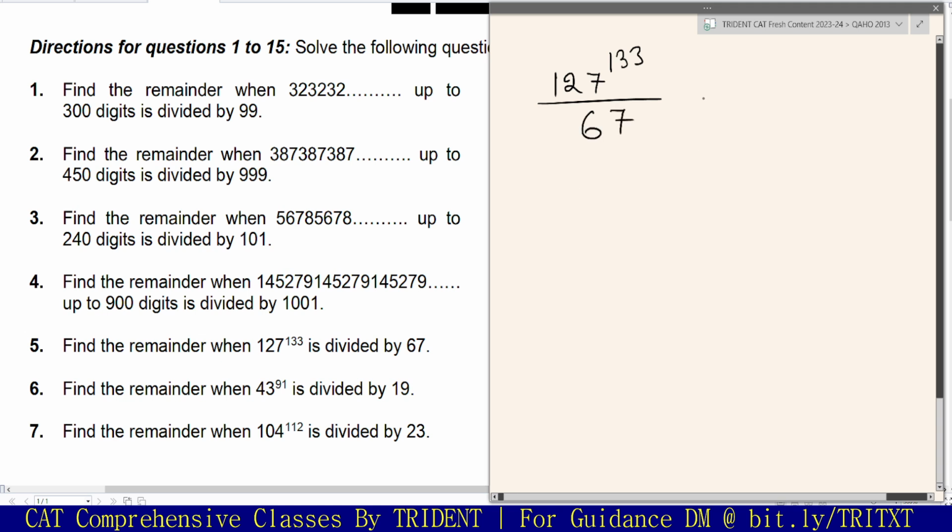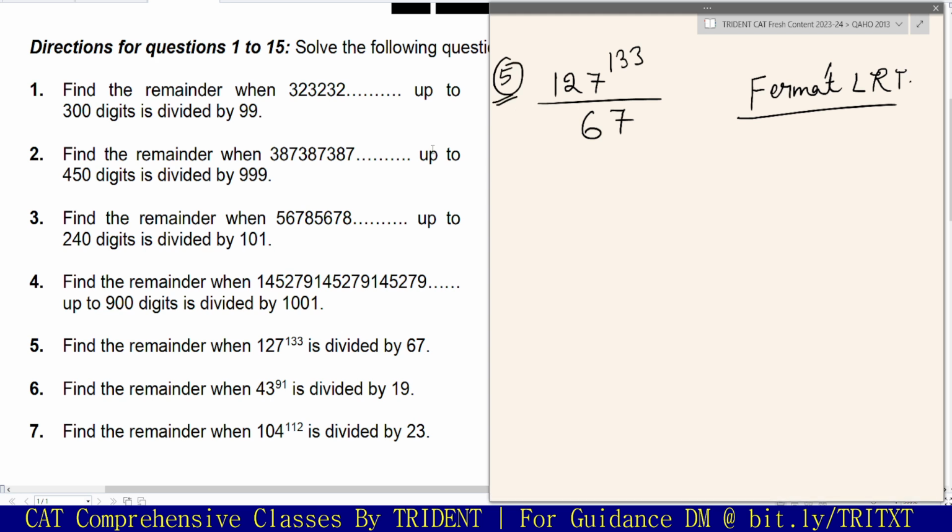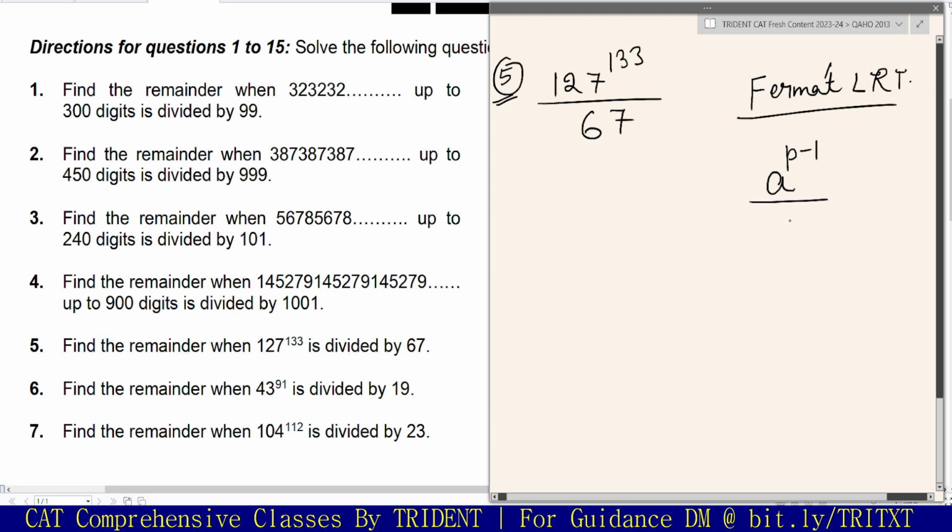Okay, now at this point this is Fermat's little theorem. Okay, or you can also say Fermat's little remainder theorem, which basically translates to, if you want to write this in your copies, you can write it. Fermat's little theorem basically says that if a number is of the form a raised to the power p minus 1 divided by p, where a and p are co-prime, okay, then the remainder to this thing happens to be